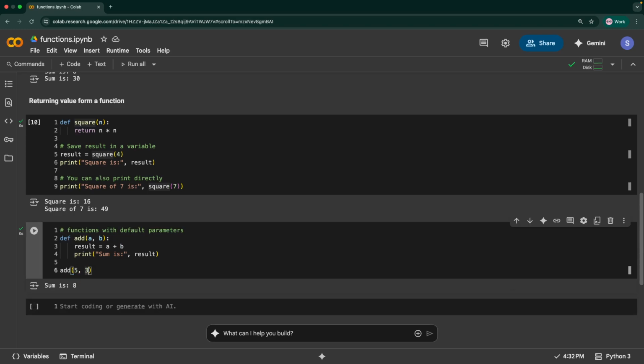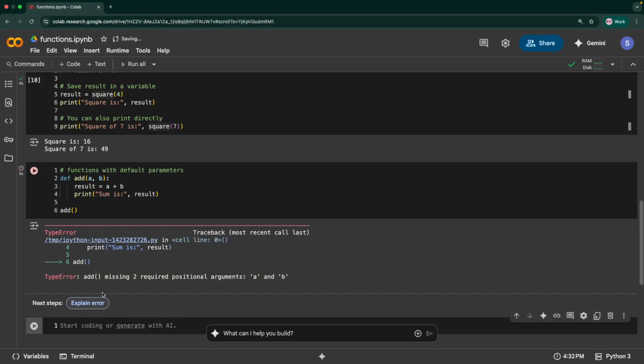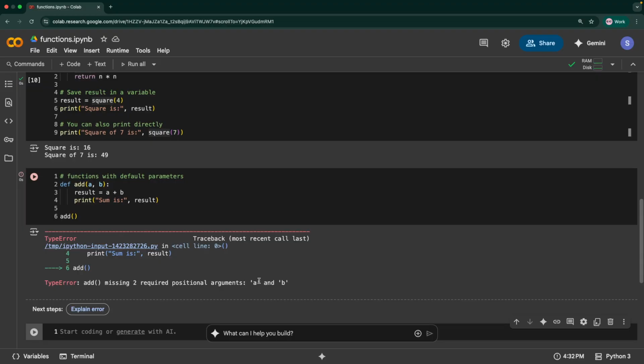But what if I didn't add the values? So let's say that I'm just calling the add function, but I'm not passing 5 or 3 or any numbers. It's going to say add function missing 2 required positional arguments a and b. So it basically says that add requires a and b as the values, but you have not passed them. Okay, so that's the error.